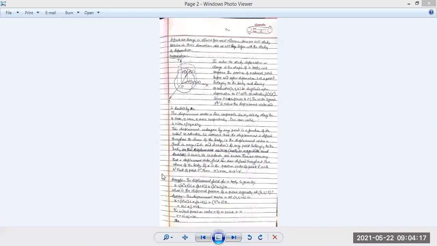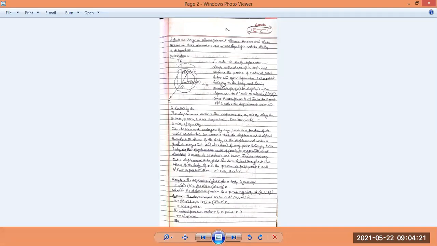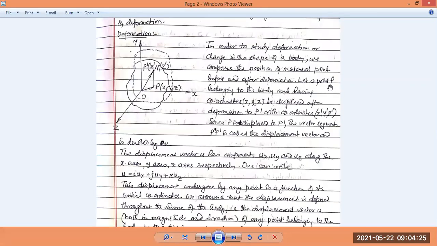What we have done there, we have imagined how the deformation takes place in the three-dimensional coordinate axis itself. We have the three-dimensional coordinate axes OX, OY, and OZ, as usual, and we have